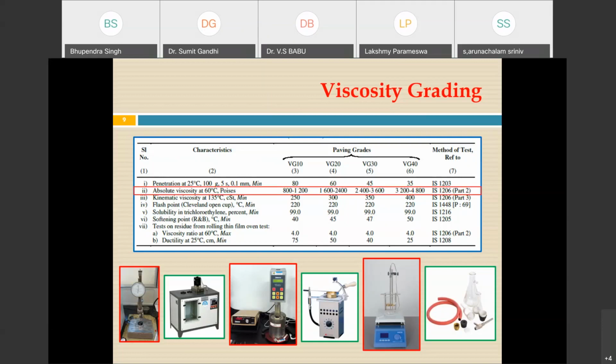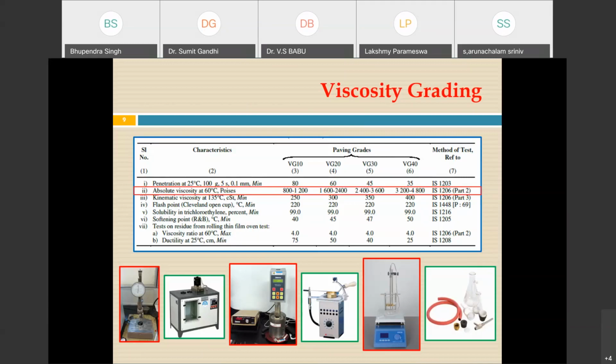So we will find out the absolute viscosity with the test separator, and if our absolute viscosity at 60 degrees Celsius is coming between 800 to 1200 poise, then it will be our VG10 grade binder. And if our viscosity value is coming between 1600 to 2400, then it is VG20. For VG30, this range is 2400 to 3600, and further for VG40, this range is 3200 to 4800. So this is the basic criteria depending upon which we decide what will be the viscosity grade of